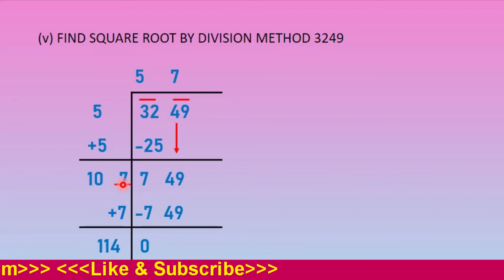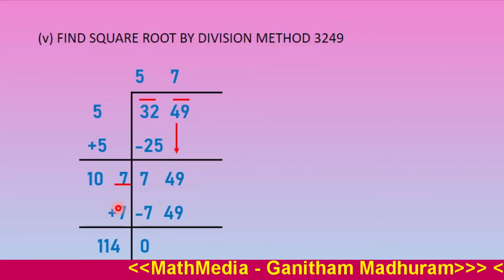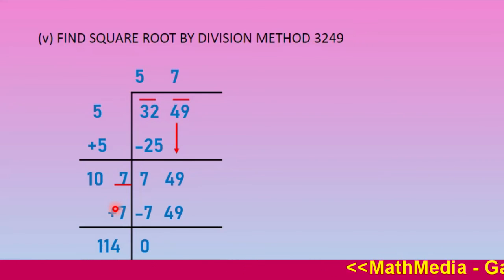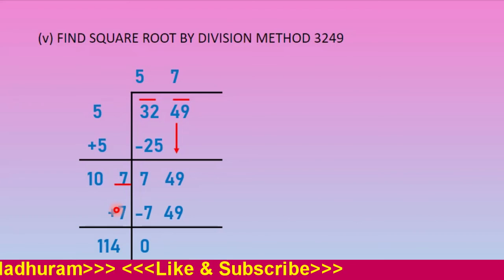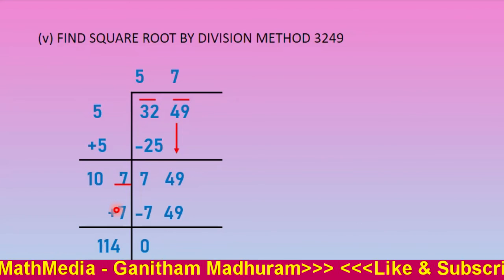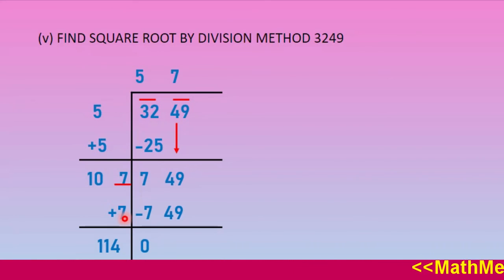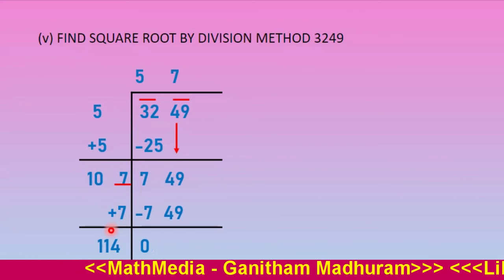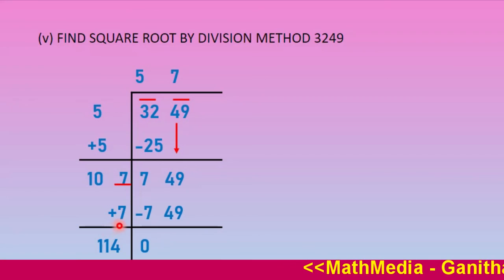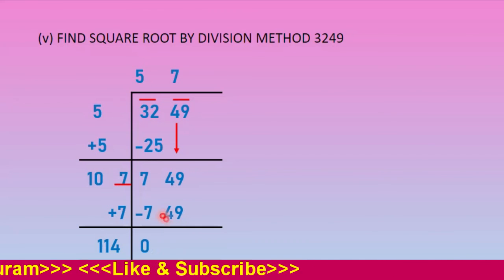So you must multiply with the 3 only. That is 103 multiplied by 3, which gives less than 749. So 3 is not the correct number we choose. So we can go with the next option. It is 7. So in the blank space you can write 7 and multiply with the 7. So 107 multiplied by 7. That will give 749, which is the required number.